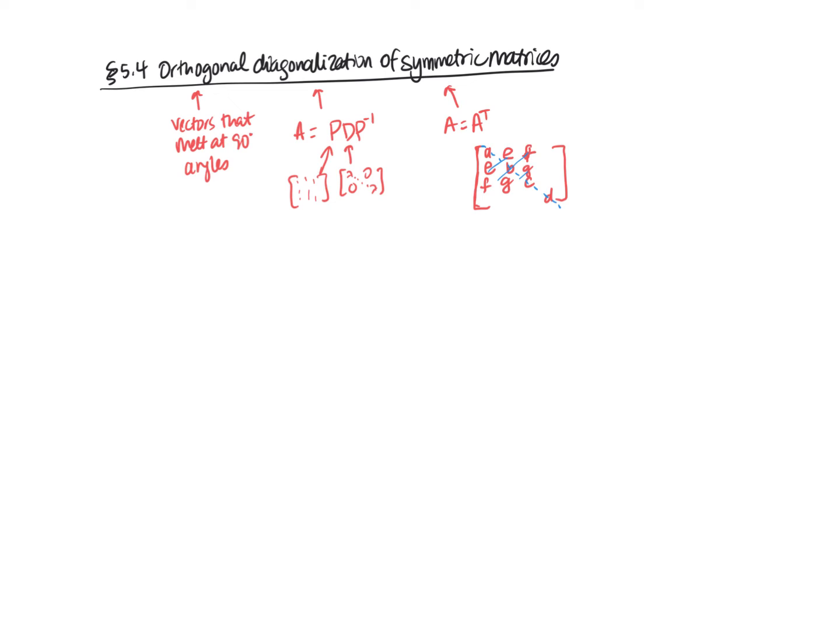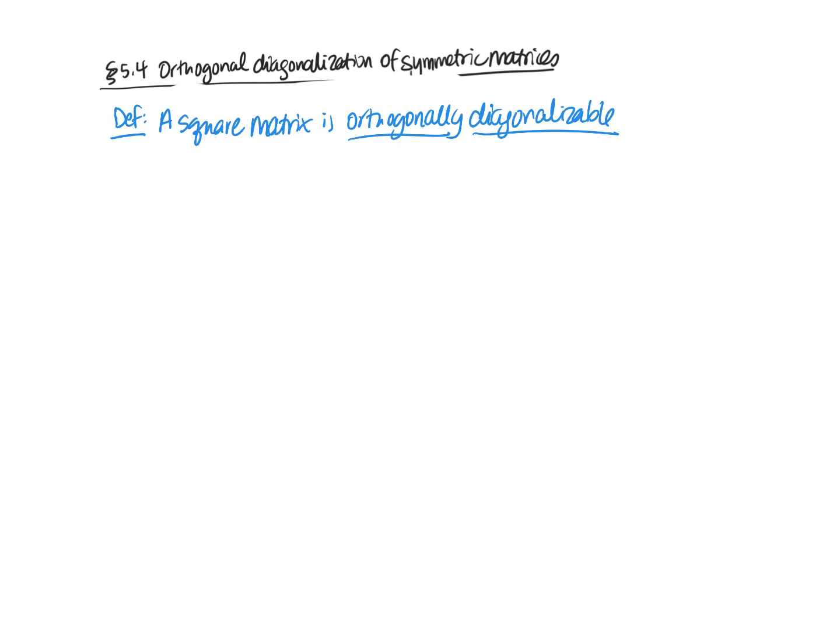So let me give a couple of definitions, and then we'll do a few examples. The first definition is: a square matrix is orthogonally diagonalizable if there exists an orthogonal matrix Q